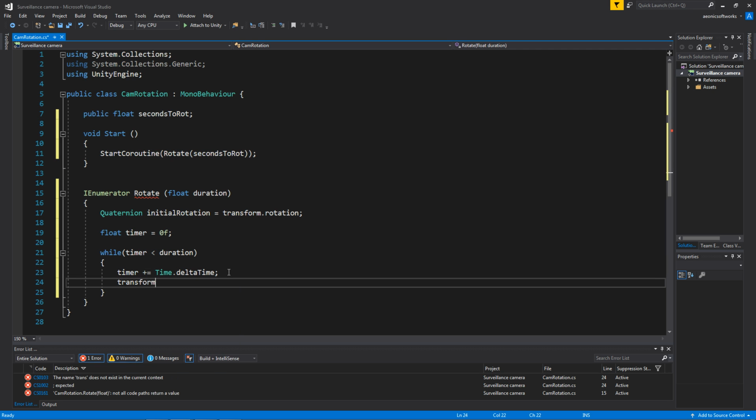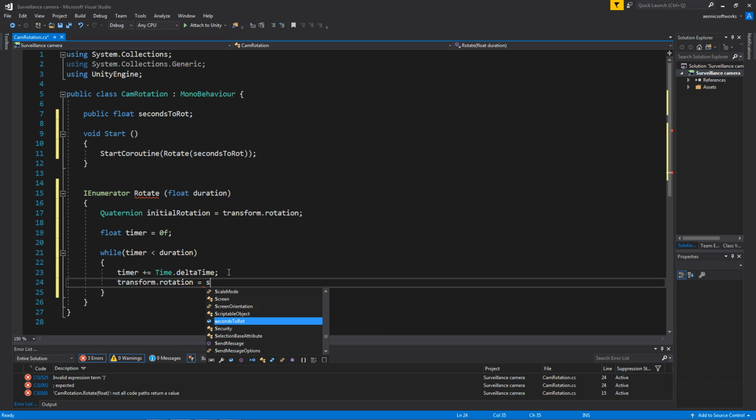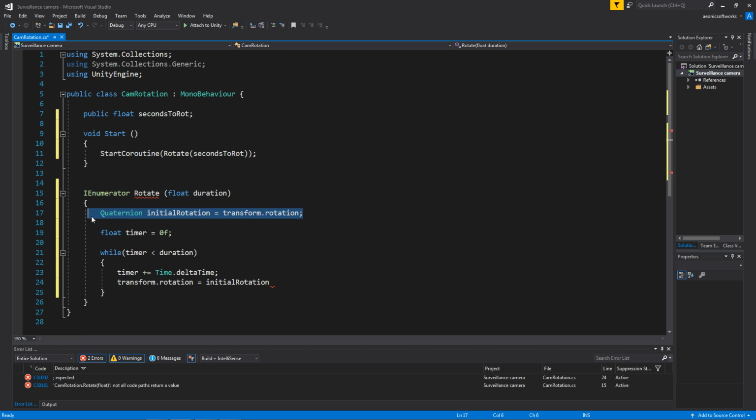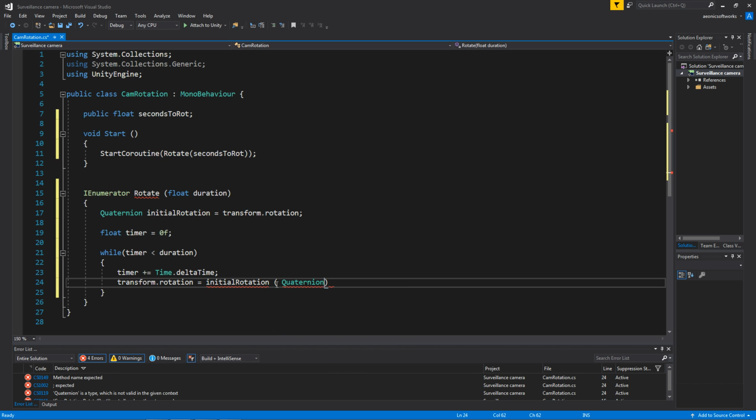So we're going to say transform dot rotation is equal to our start rot, which is our initial rotation, which we created just at the beginning of the enumerator here, and we are going to multiply that by quaternion dot, that was meant to be a multiply, quaternion dot angle axis, and inside of this we are going to say timer divided by our duration